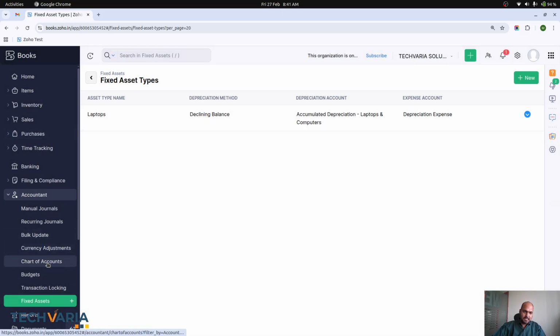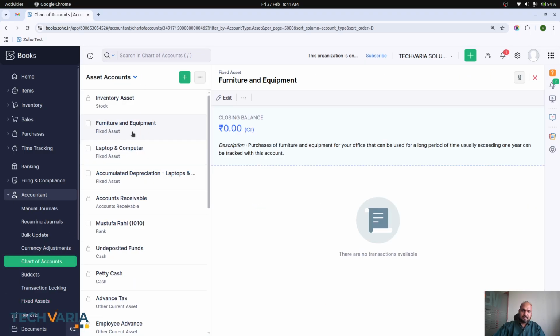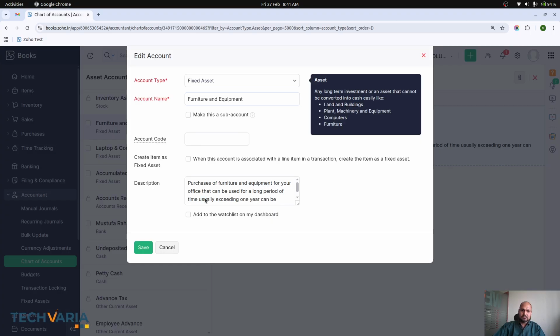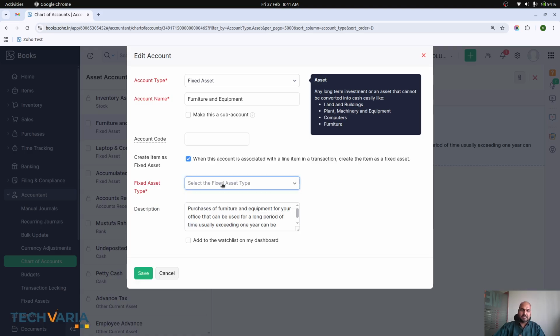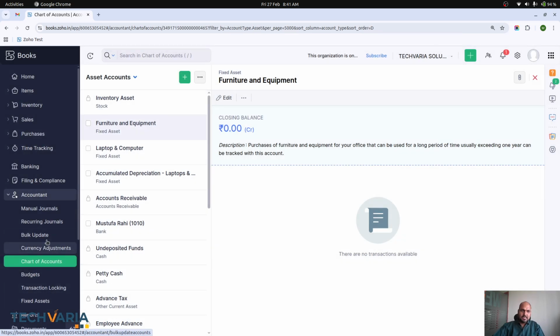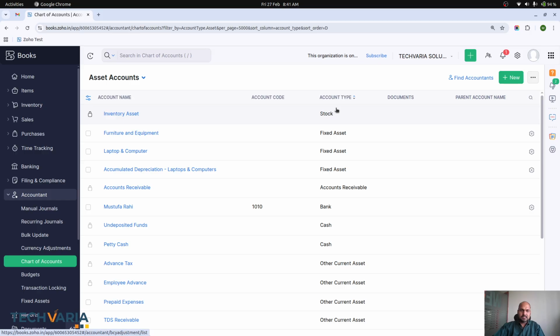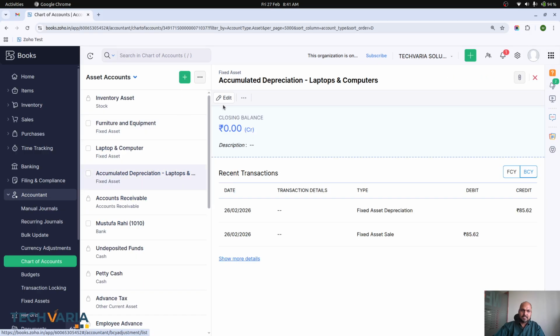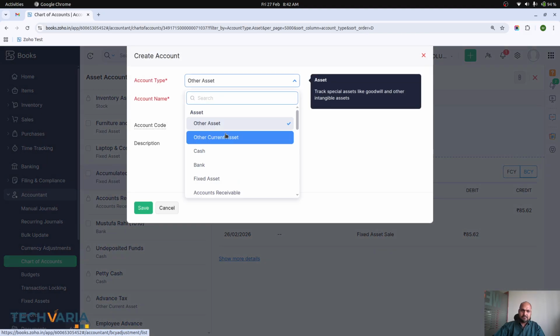Now we will also create a fixed asset planner for furniture and equipment. Whenever I purchase any furniture or equipment, it will require creating an auto planner. But to do so, I have to create a fixed asset type. Then only I can enable this. So over here, first we will define the chart of accounts. Accumulated depreciation is there, but for furniture and equipment, we also need to create another account. So over here, I will create a fixed asset